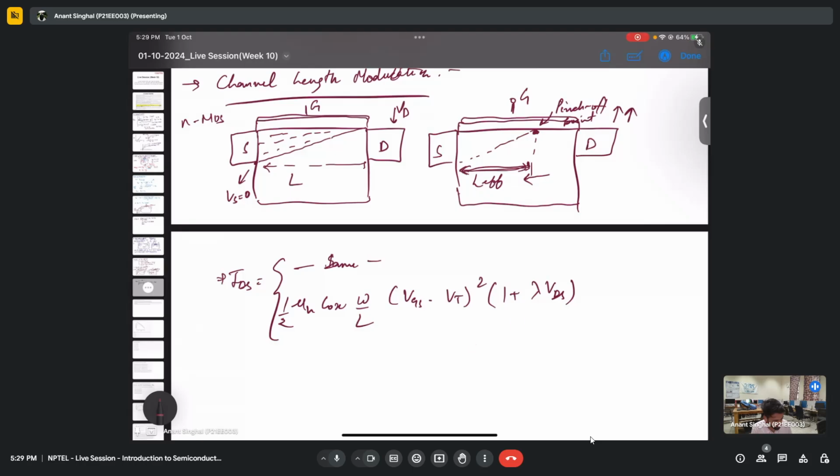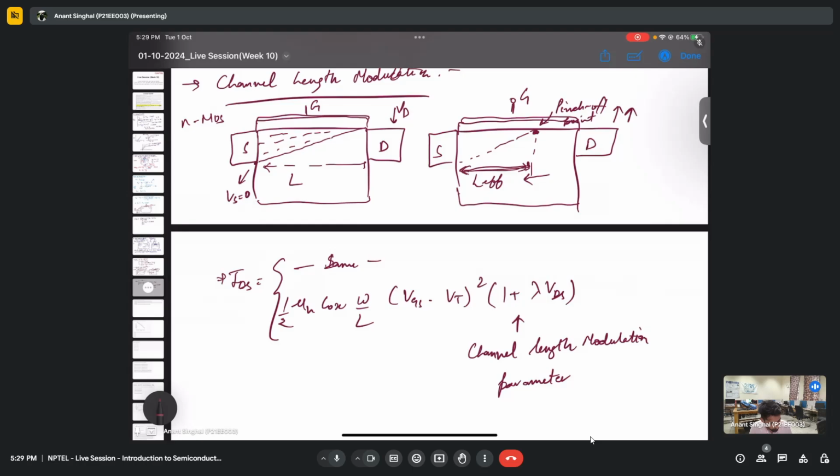This lambda is known as the channel length modulation parameter, and this is completely empirical. It does not come from physics. So this is the empirical relation that has been given to the particular